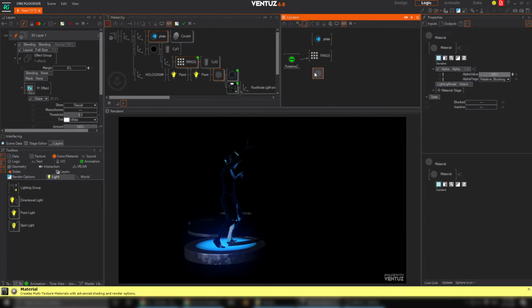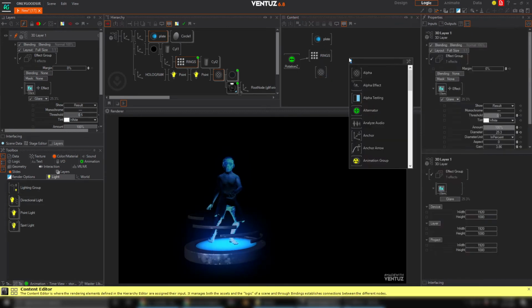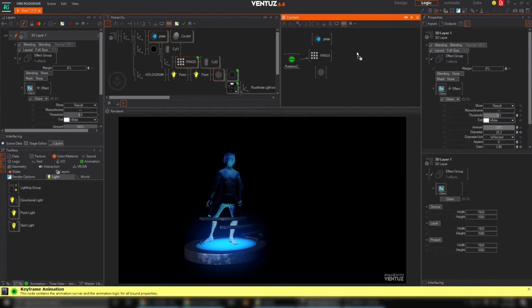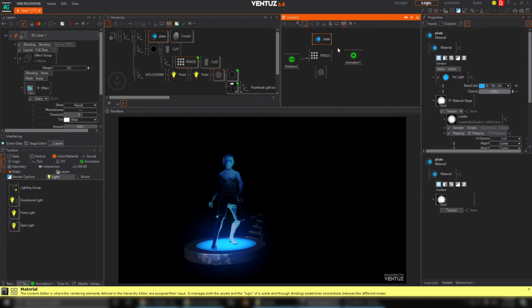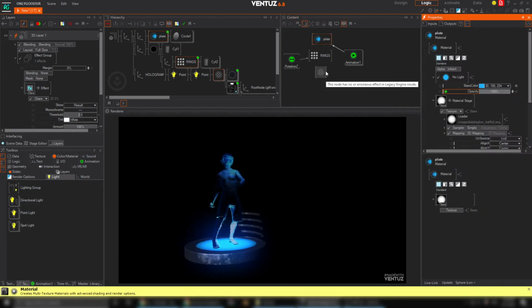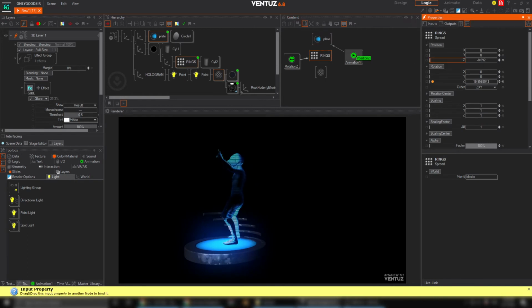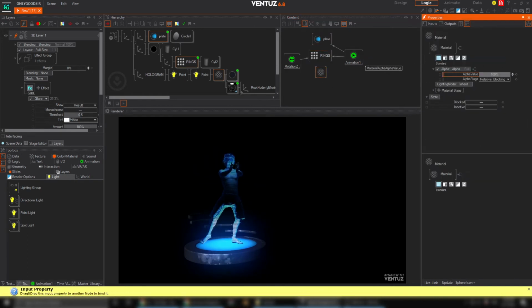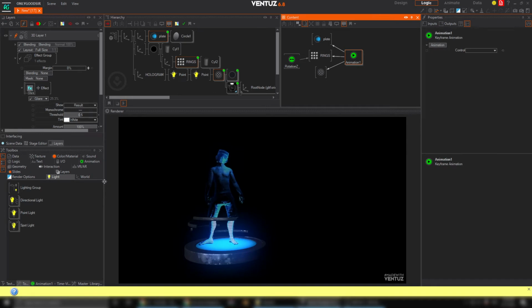And I'll say okay, I want this to alpha on. So these are the three elements I want to animate. I'll get keyframe animation. I'm going to take the opacity, keyframe that. I'm going to take the Z position and keyframe that, and I'll take this alpha and keyframe that. So if I go to my timeline,